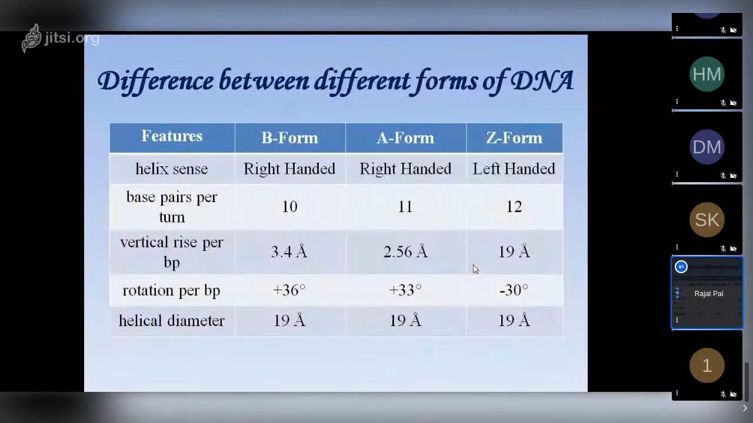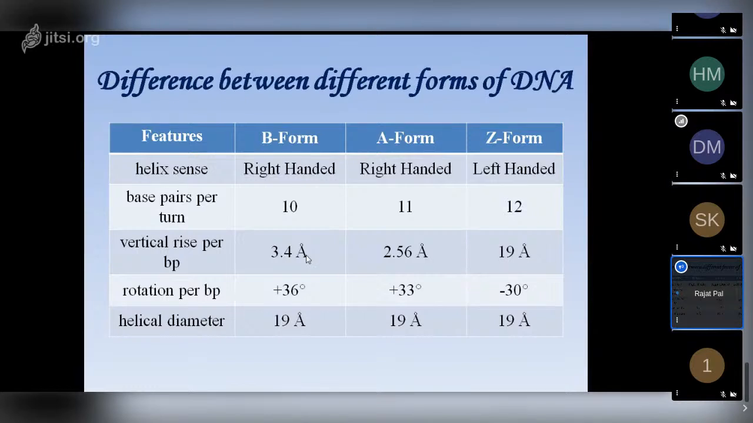Here are some differences between the B, A, and Z forms of DNA. B and A are both right-handed helices, and Z is a left-handed helix. As I told you, 10 base pairs are present per turn. In the A form of DNA it is 11, and in the Z form of DNA it is 12. And the vertical rise per base pair is 3.4 Angstrom, as I told you, and